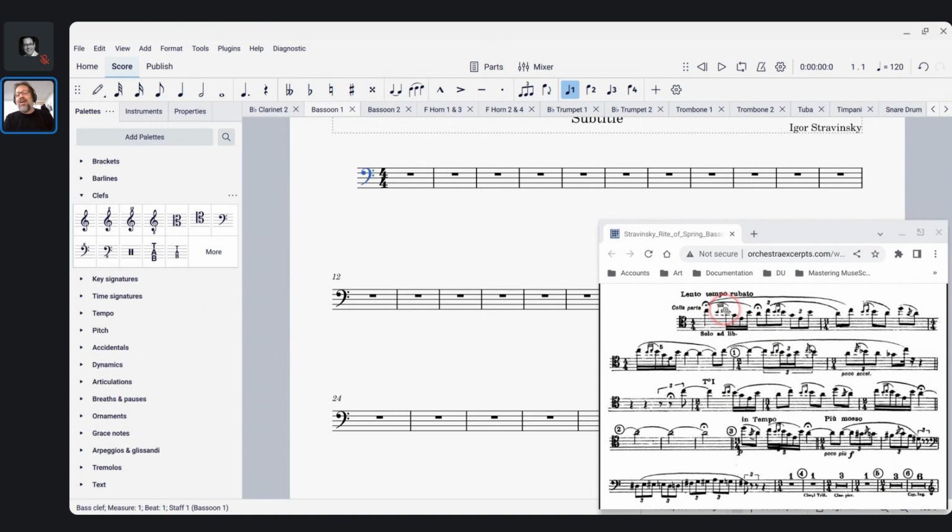But after that, I'm not going to read this very well at all. So I'm going to do something I almost never do, which is use my mouse to enter notes, because I don't have to know what notes these are to be able to enter them. So I'm actually going to use my mouse way more than I normally would. I've got my bass clefs selected. I'll add the tenor clef, and now I'm going to start entering notes,